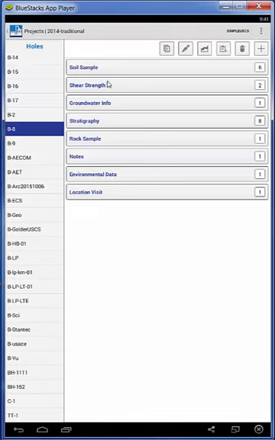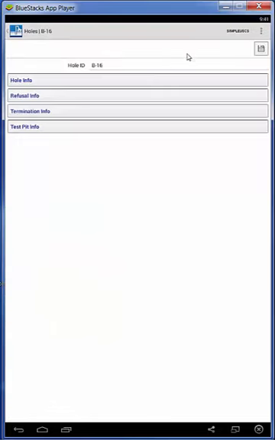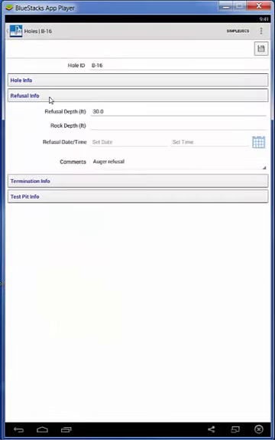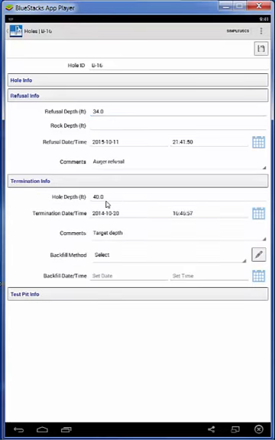And lastly, I'm going to come back and I'm going to edit my borehole. And I'm going to indicate, well, maybe I had refusal. Maybe it wasn't at 30 feet. Maybe it was at 34 feet. And my refusal date and time. And then lastly, I'm going to terminate the borehole. And it was not at 40 like I had thought it might be. I'm going to say it was at 39. And it was terminated at the target depth. And if you want to indicate how you backfilled it, you can choose from the backfill method and specify the